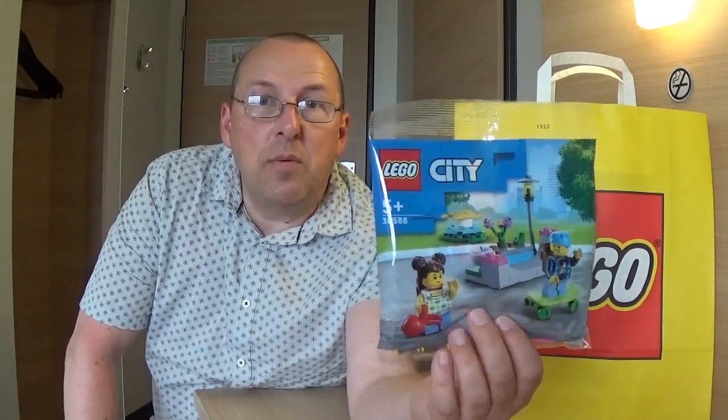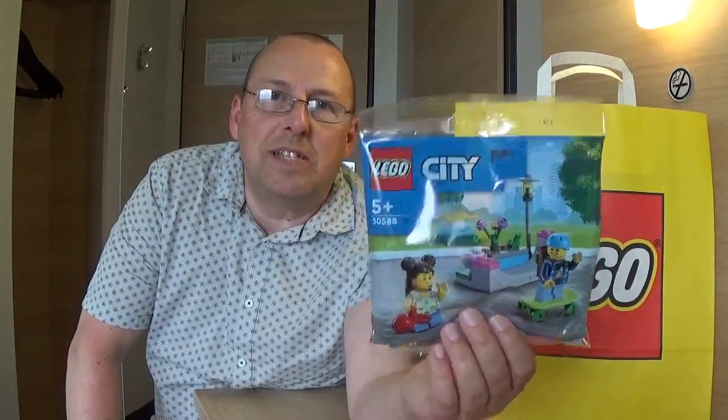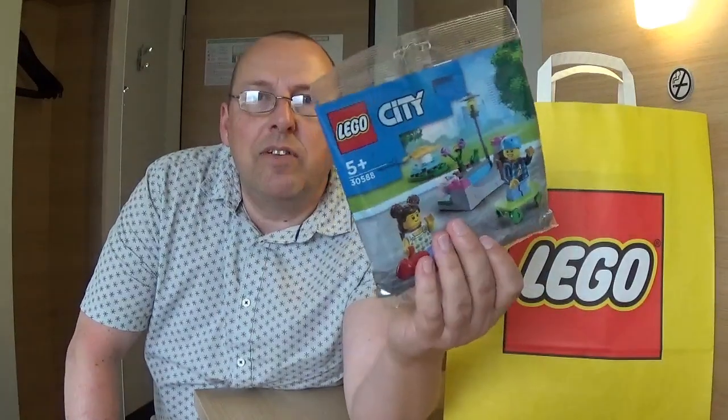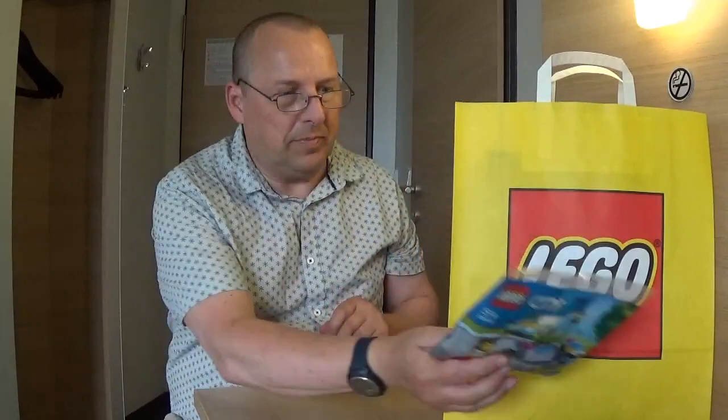Again, I like it because it's got two minifigures, and again, for the same price, €4 minus 5%, €3.80, about £3.20 once you convert that into UK currency. I think that's a decent little poly bag. Again, I could probably sell these for £5, £6, £7 potentially, but I think they're really, really nice. So again, I got two of those. Again, nothing's going to make me a fortune yet, but one thing that might do a little bit better